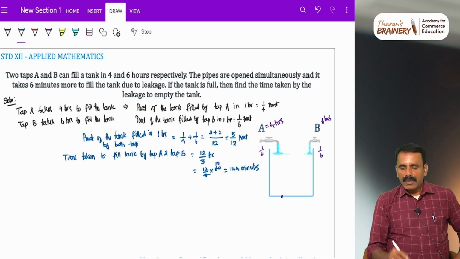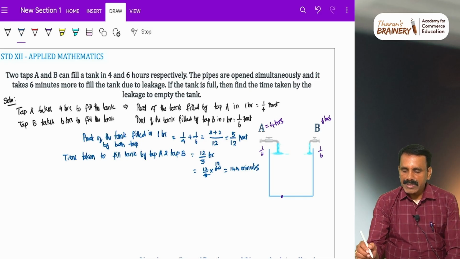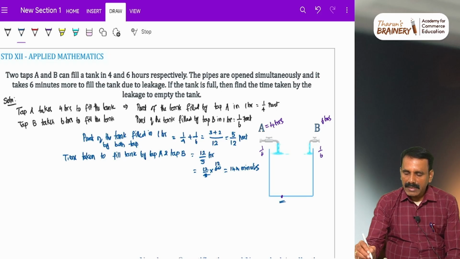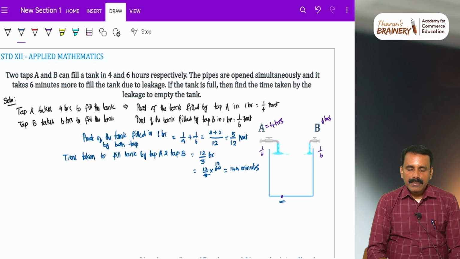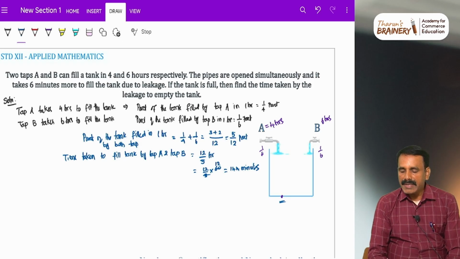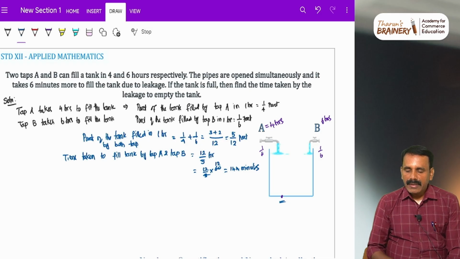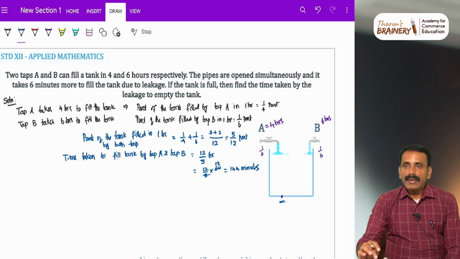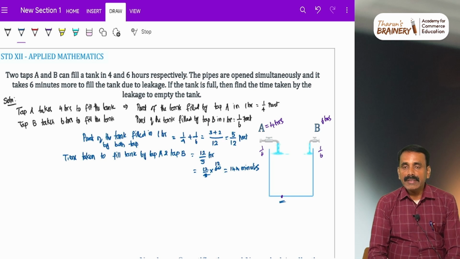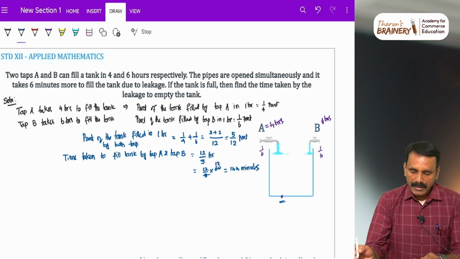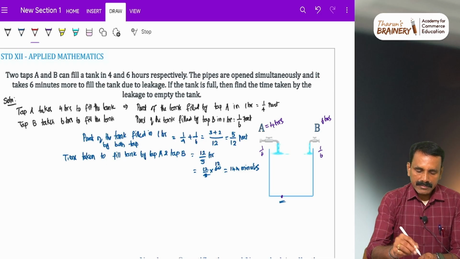Okay. Now, there is a leakage, a minor leakage in the tank. Due to leakage, the liquid is getting drained. Now, if the taps are opened together with the drainage, it takes 6 minutes more to fill the tank. Okay. Now, we write